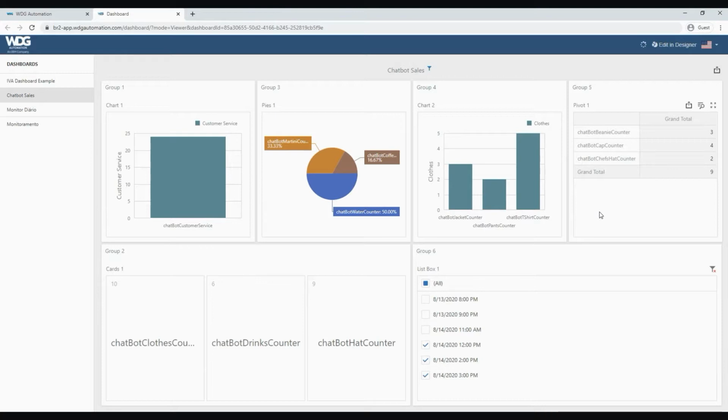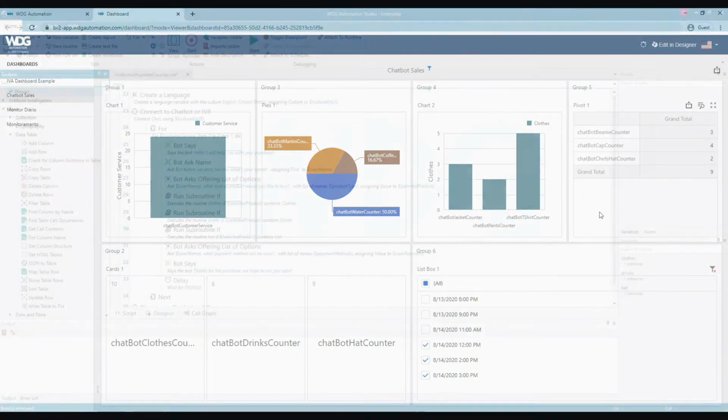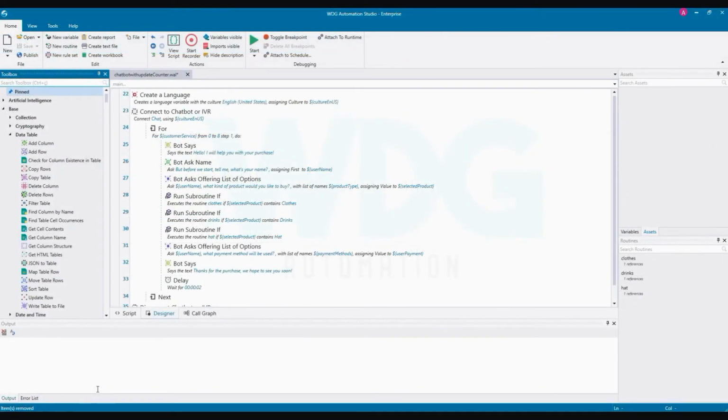But we're getting ahead of ourselves here. Let's take a deeper look into how this dashboard you're seeing right now came to be. This is a script for a sales chatbot. This was created for the express purpose of demonstrating how values generated by running an automation process can be displayed